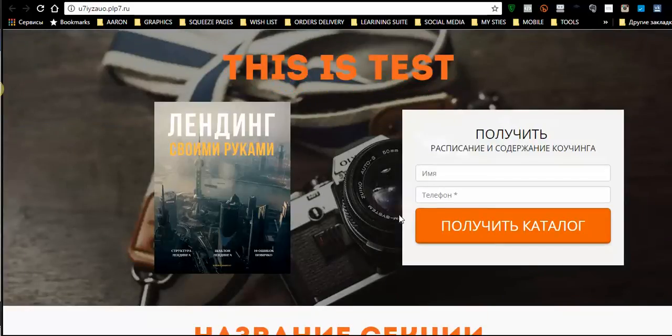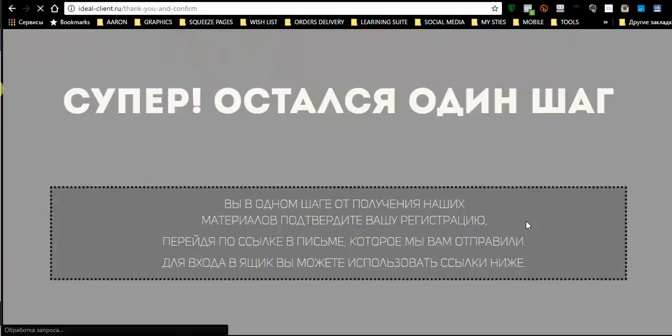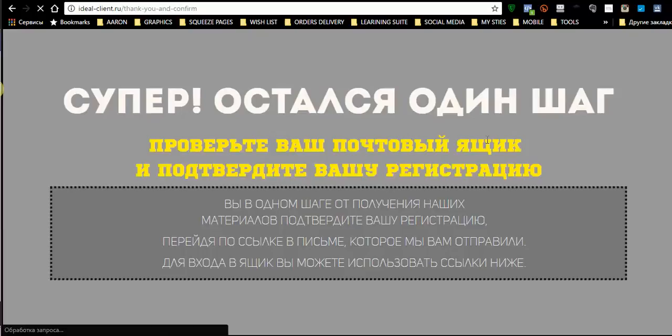And you see it's loading. And now we can test the form, just to see that everything is working like we asked. Super. One step left. Please confirm your registration. So that's basically a quick overview of the platform and